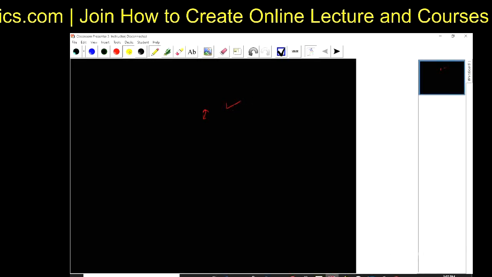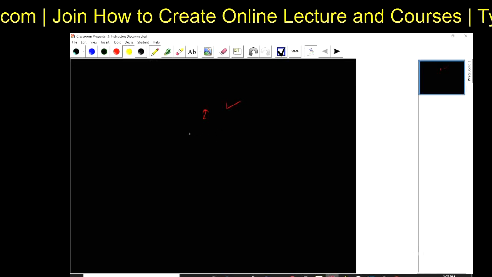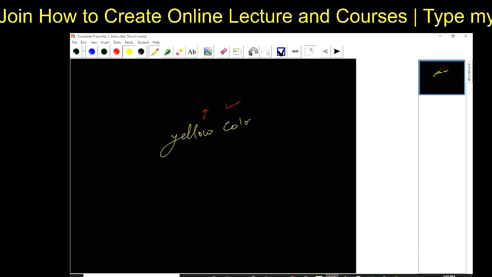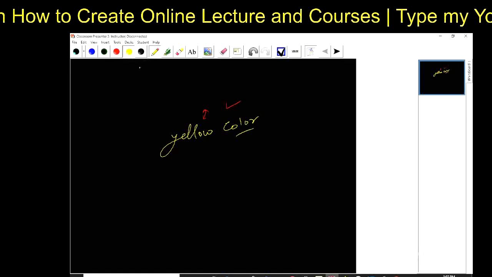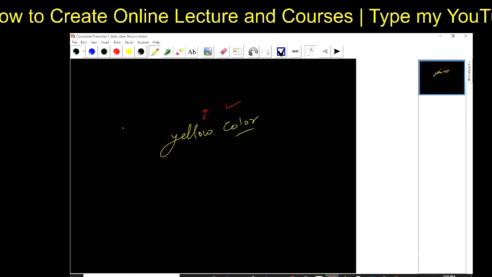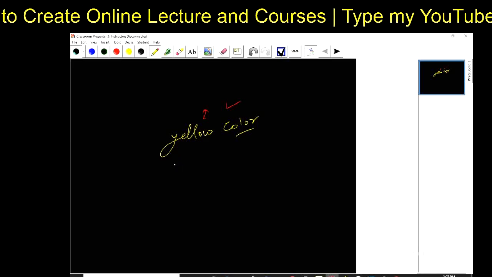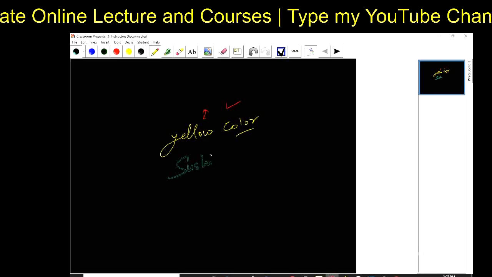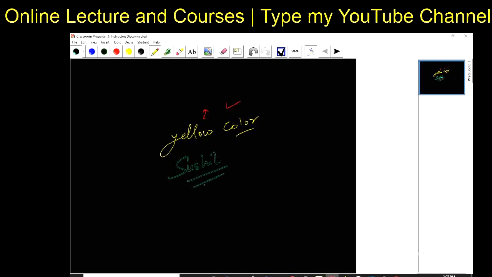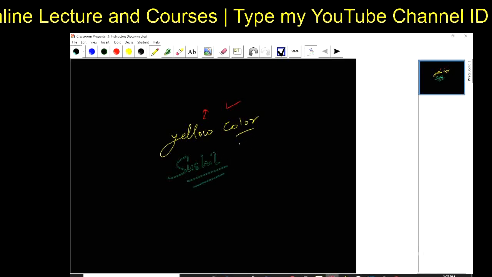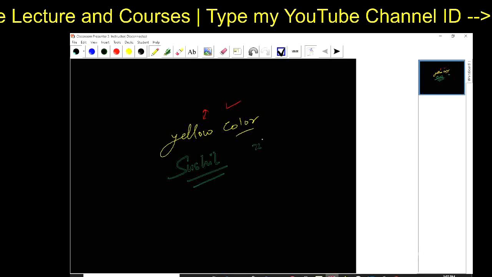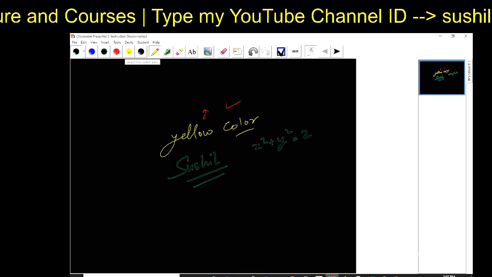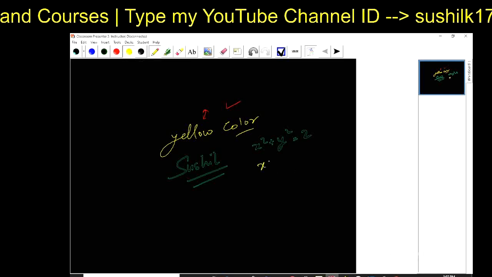And so now I will choose this yellow color, and you can see the yellow color output. But here the thickness is not good enough to be visible in the best way. So you have to put the thickness at this level. If I write anything using this yellow color, you can notice the difference.